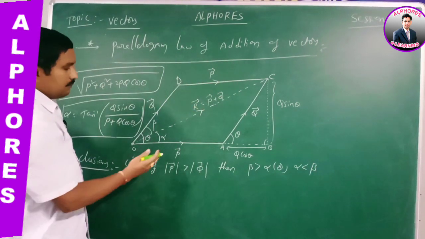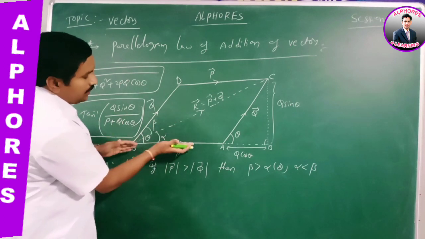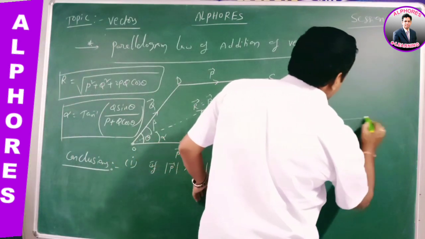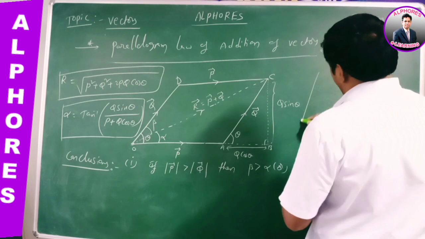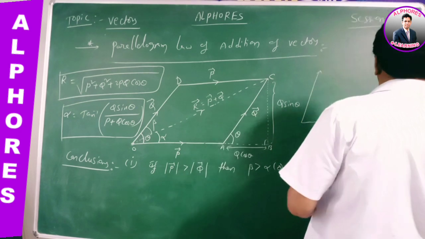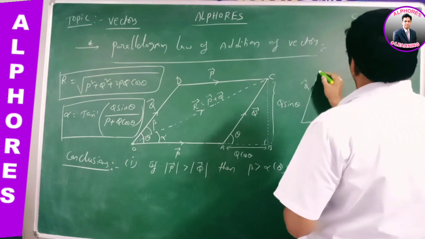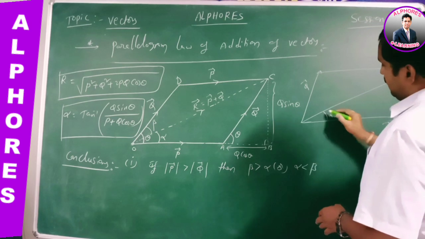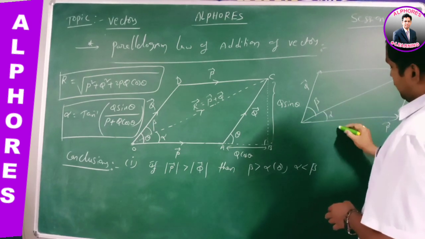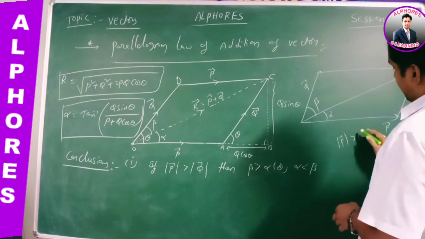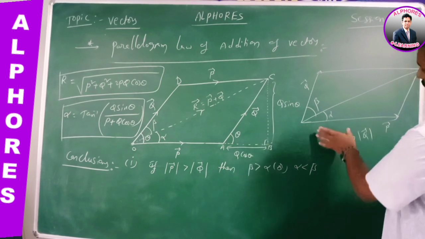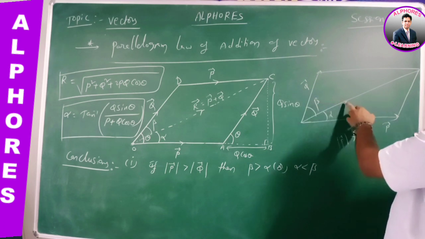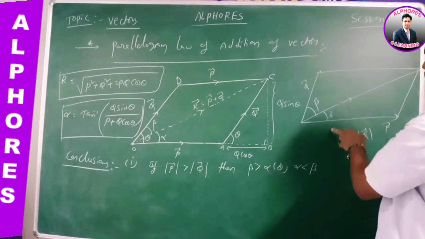We have to think simply. If P bar has more length, listen all of you, this can be taken like this: this is P bar, this is Q bar. Now it can be taken as a parallelogram. Then what is the resultant here? This is alpha, this is beta. Magnitude of P bar is greater than magnitude of Q bar, so alpha decreases, beta increases. Why? Because this resultant is moving towards P bar only.